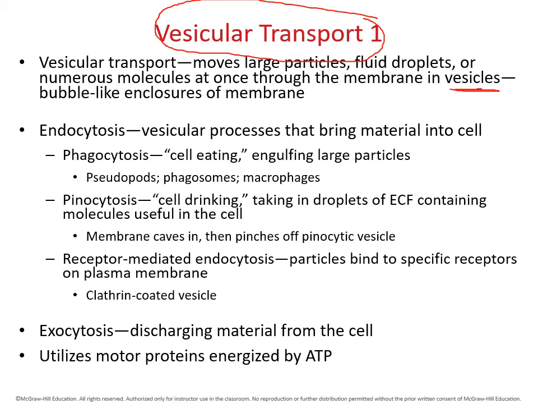Now, if you see that the vesicle is moving into the cell, we call that endocytosis. Endo means to enter. If it's moving out of the cell, we call it exocytosis. Exo, obviously, for exiting. Now, as you can see on your slide, under endocytosis, it says we are going to use a vesicle to bring materials into the cell, but we're going to have different options. We can do phagocytosis,